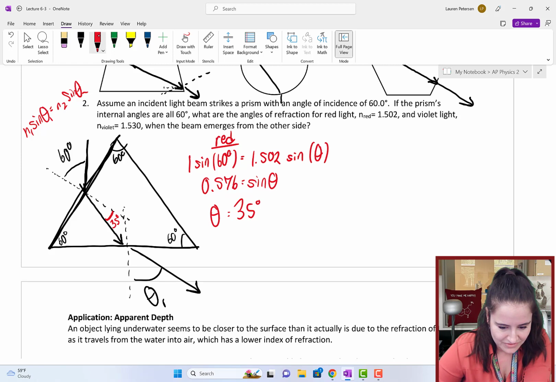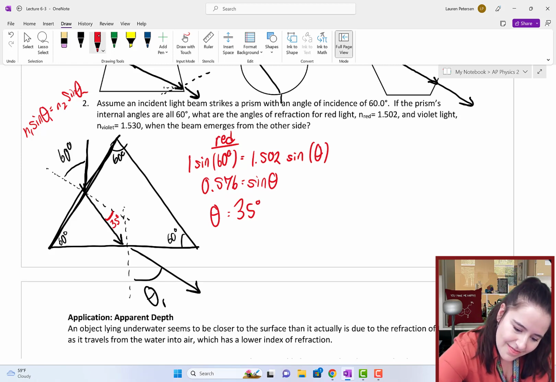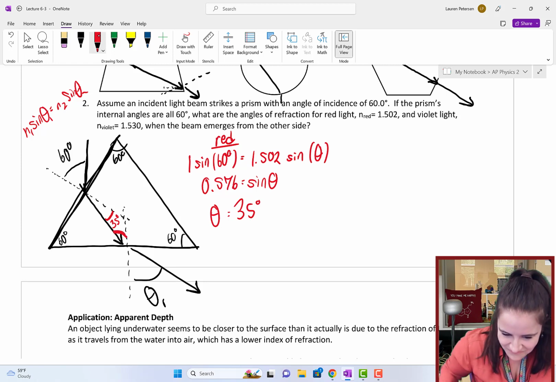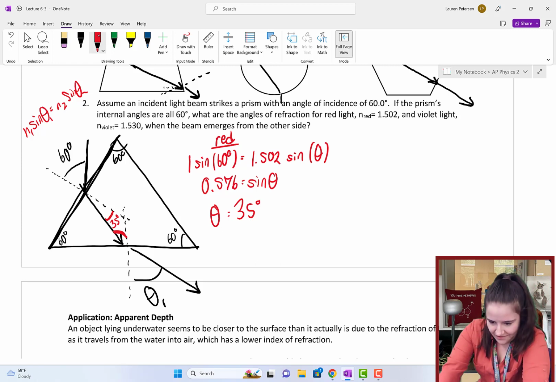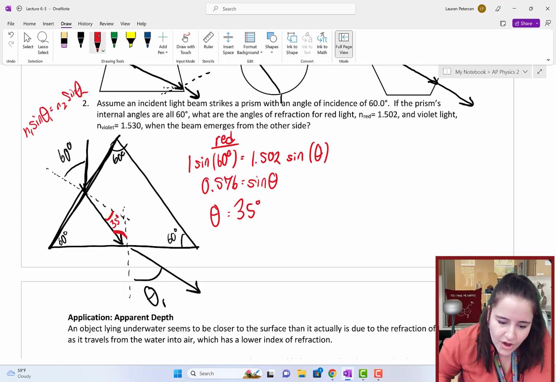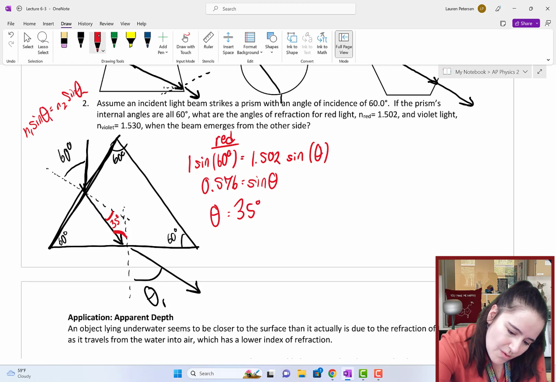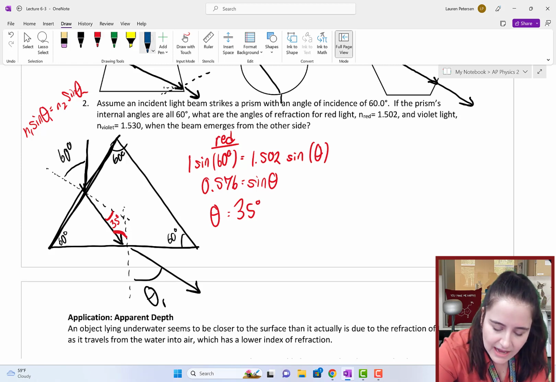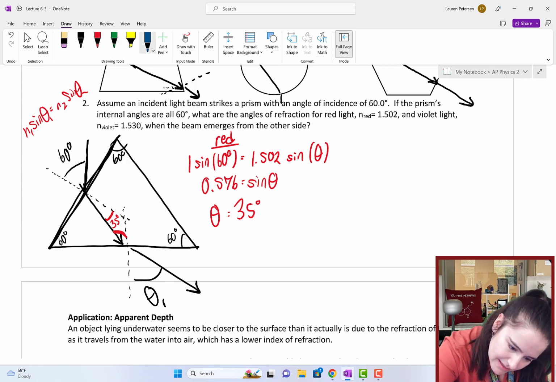Okay, so stay with me here. Then, if it's traveling at 35 degrees all through there, we need to find this angle. Okay? Yep, trigonometry. Here we go. So, we know that is at 35 degrees, and then we have this angle at 60. So that tells me that,